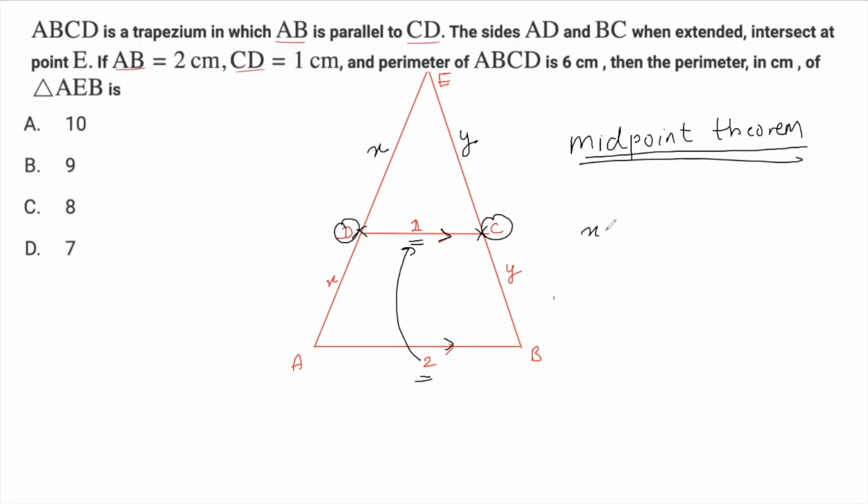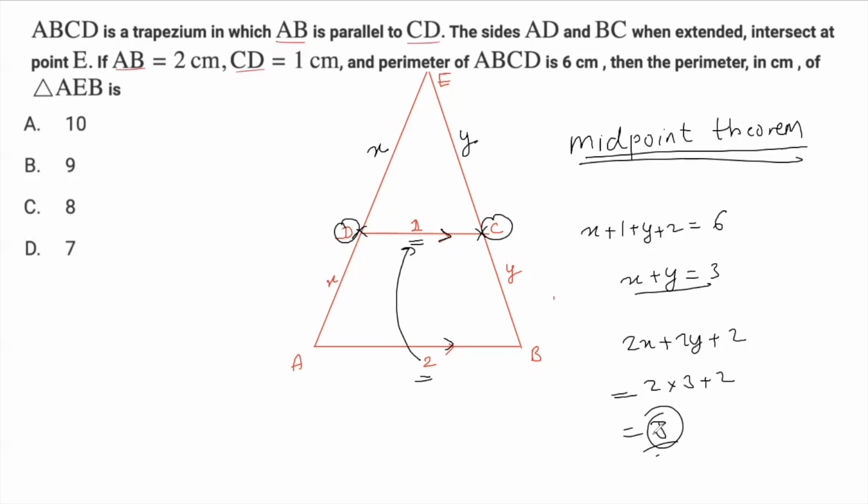Now we already know X plus 1 plus Y plus 2 is given as 6. We get X plus Y as 3. And now the same procedure: the perimeter of triangle EAB will be 2x plus 2y plus 2, which is nothing but 2 into 3 plus 2, 6 plus 2 is 8. So this way you can solve this question even more quickly if you understand or if you remember the midpoint